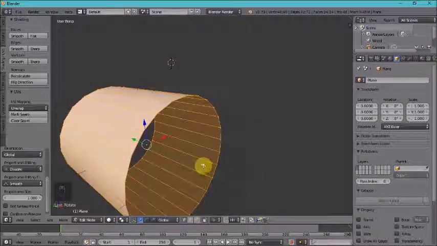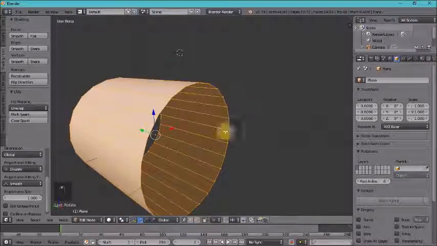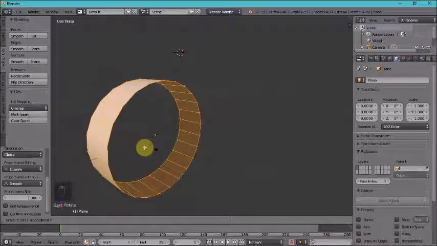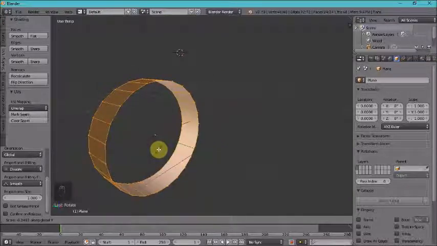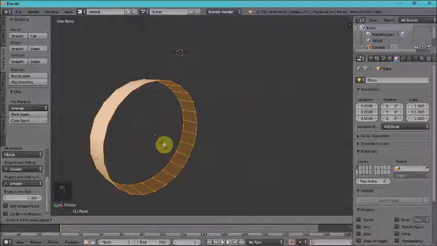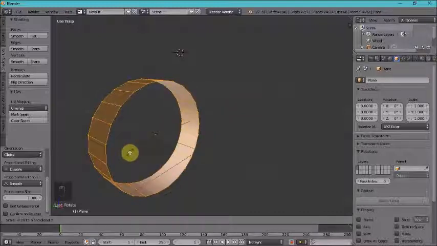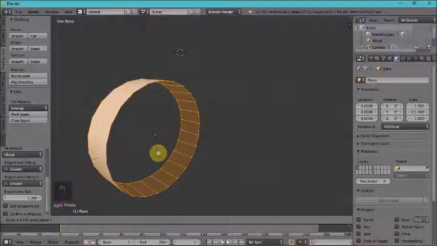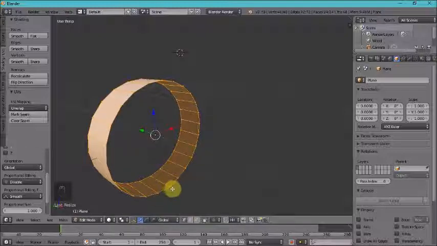Actually, hold on a second here. S and Y, and then I want to just pull my cursor in toward the center of the grid, but not so far that it starts to invert. If you did that by mistake, there's a way to fix that. You can just flip the direction of the normals, which I will get into another time, but go far enough that it's the thickness you want without inverting it. And I want to go even thinner, so